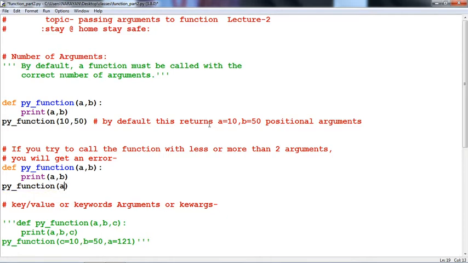Now here we are going to pass the value of a single variable. Here there are two variables, A and B, but in the calling part of the function we just give the value of one argument. So if we run this function, see the output.